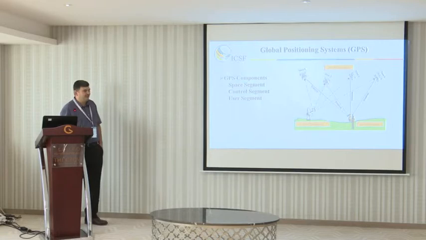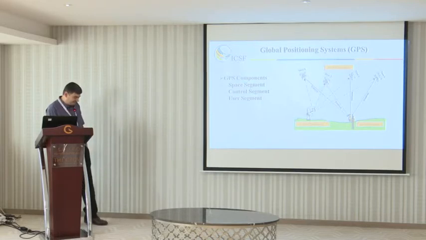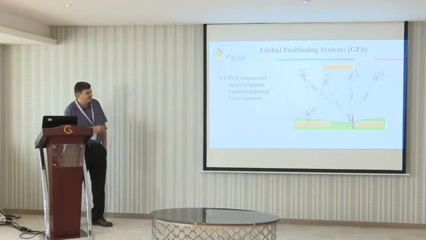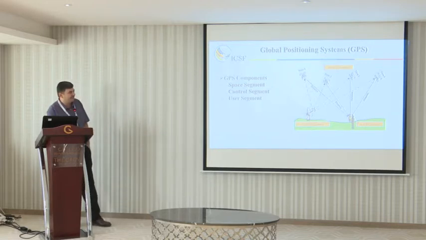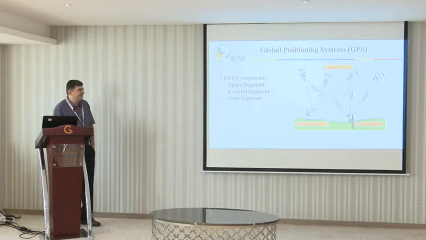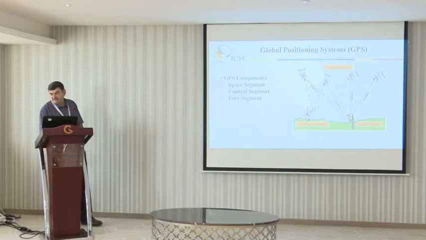Again, I know everybody's aware of the GPS components. GPS consists of three main components. The first one is the space segment, which is the satellites in orbit. As it says, 24 satellites minimum. They have 6 orbits, and now there are 33 satellites. This is operated by the American Army.